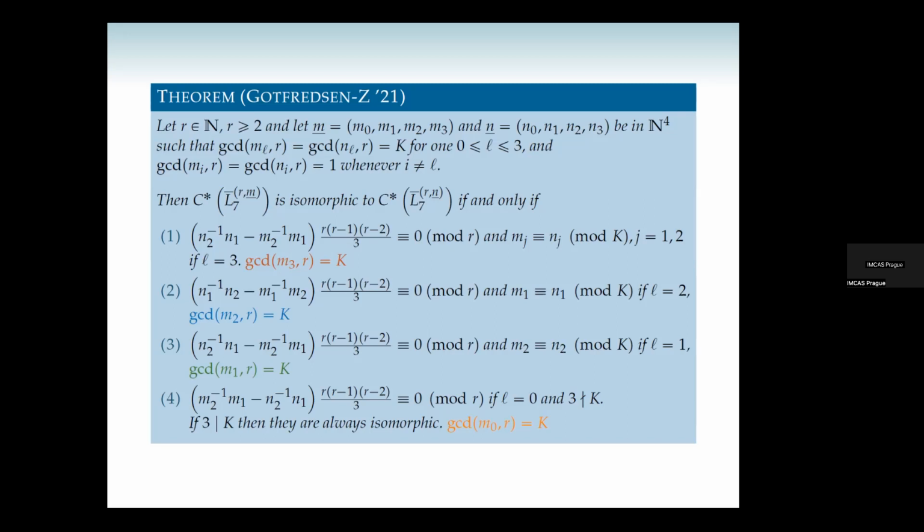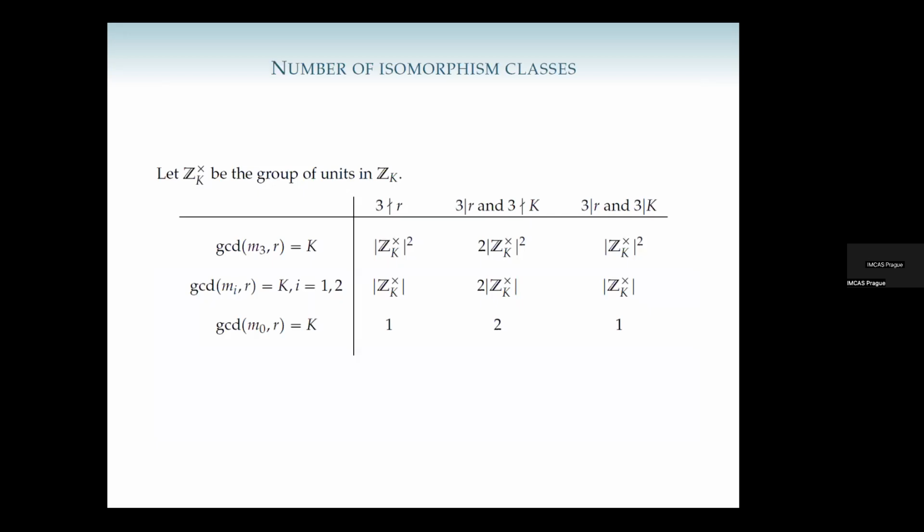But the calculations and the structure of the graph become substantially more complicated in this case. So this is just to give you an idea of how many classes we actually have. Maybe it's more interesting than looking at this condition before. So if we let this set K be the group of all the units, so every element in the set mod K which has a multiplicative inverse, then we see that if the greatest common divisor between M3 and R is K, then